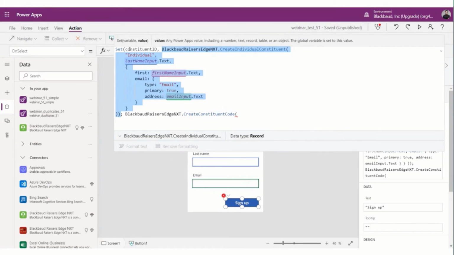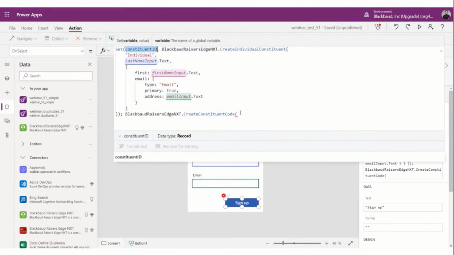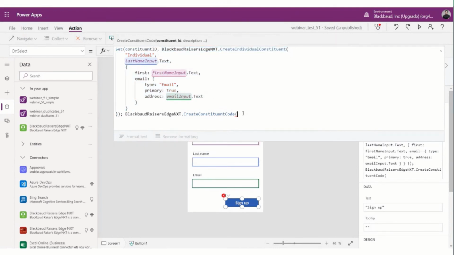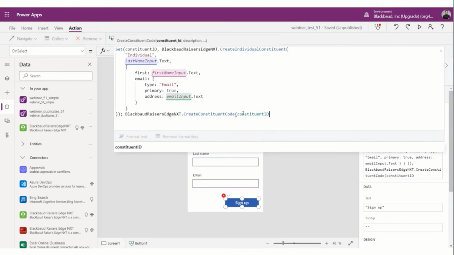I'm going to capture that value with set constituent ID, so that I can use it in the future. So I'm going to create a constituent code, so constituent ID. And actually, if you go away, it'll yell at you because it's saying it's not the right type.